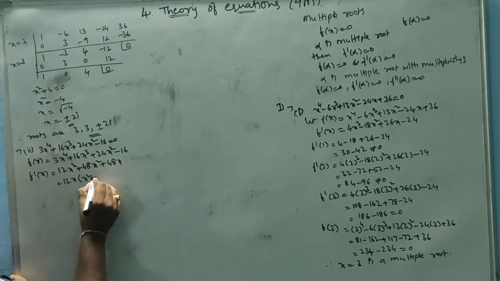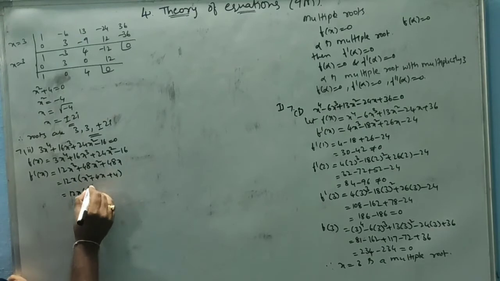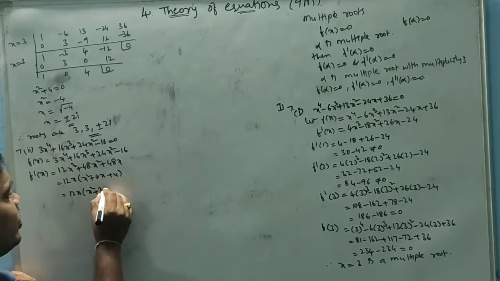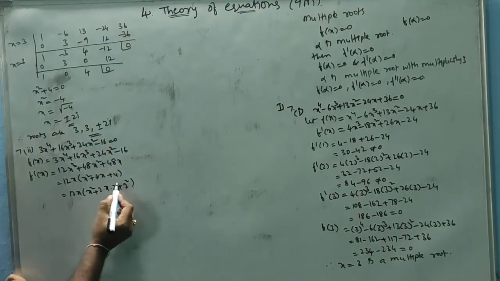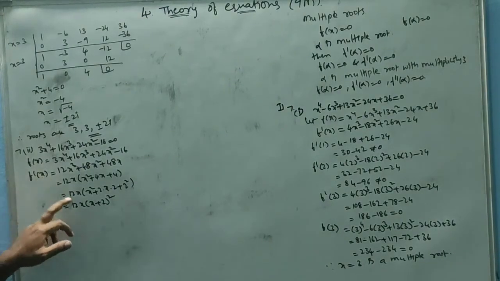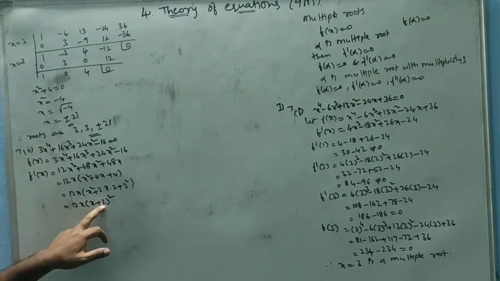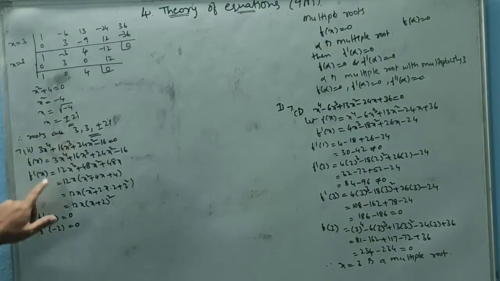If we are taking 12x, so this one, x square plus 2 into x into 2 plus 2 square. So 4x I can write as 2 into 2, 4x plus 2 square, 4. So 12x, this is x plus 2 whole square. So the factors of f dash of x: x equal to 0, x plus 2 is nothing but minus 2. So f dash of 0 equal to 0, f dash of minus 2 equal to 0. So either 0 or minus 2 are factors of this one.